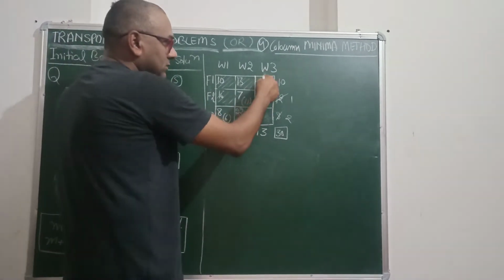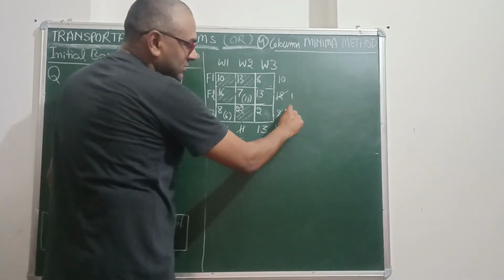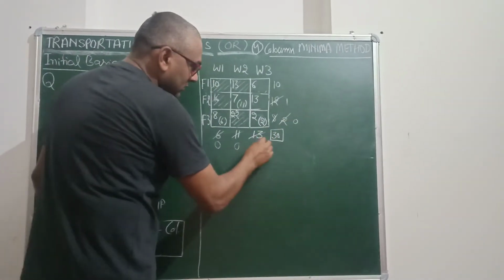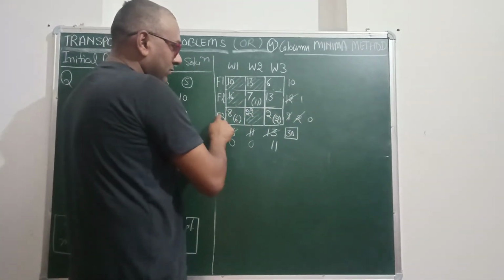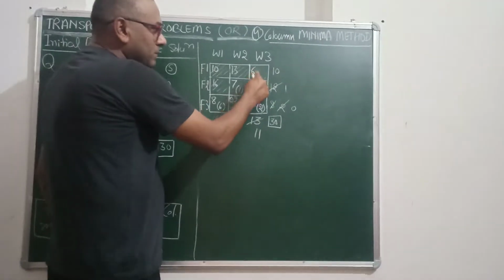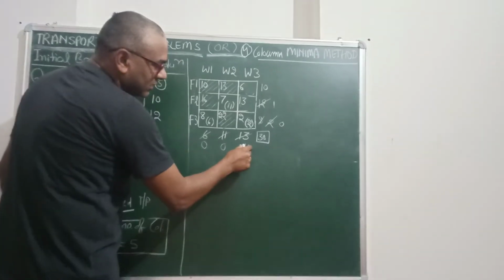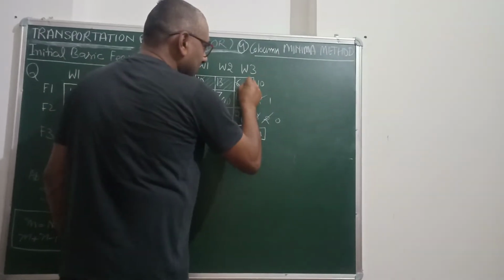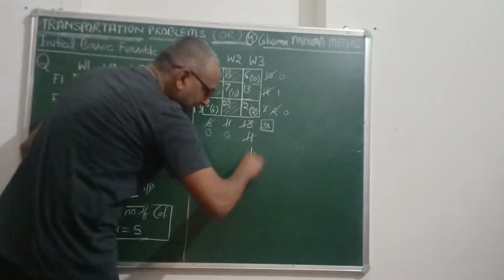Now moving toward the third column, 2 is the minimum unit cost, so we will make the allocation here. The supply level is 2 and demand is 13, so only 2 can be allocated. Now this becomes 0, and this has become 11. As it has become 0, no further allocation can be made to this column. Now choosing from 6 and 13, 6 is the minimum value, so allocation has to be made to this cell. The demand is 11 and supply available is 10 units, so all 10 units can be supplied to this cell. No further supply is available, only the balance demand is 1.